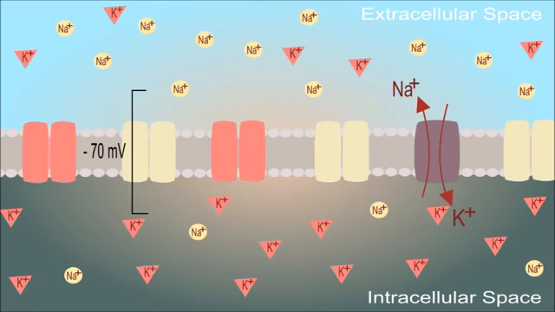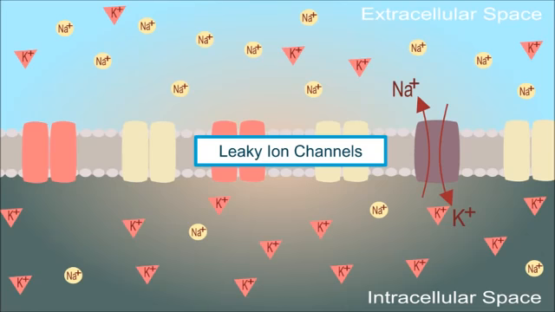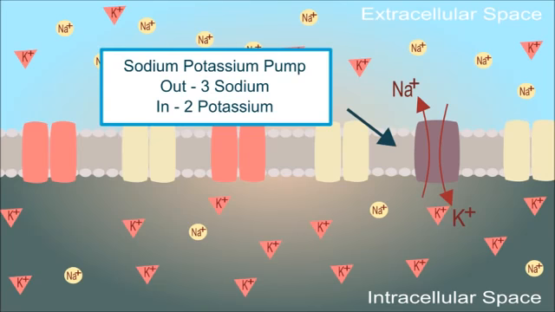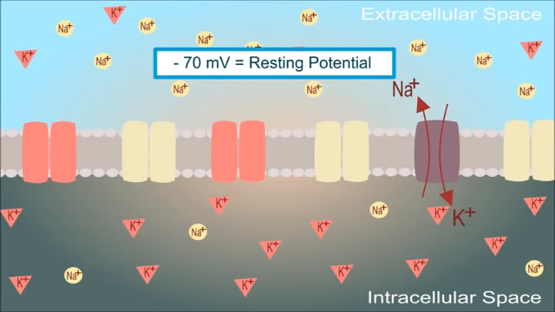This creates a voltage difference of minus 70 mV, which is created by leaky ion channels that are more permeable to potassium ions than sodium ions, which causes potassium to leave the cell and only a small amount of sodium ions to enter. The sodium-potassium pump also regulates the environment by pumping out 3 sodium ions in exchange for 2 potassium ions. The minus 70 mV is the neuron's resting potential,